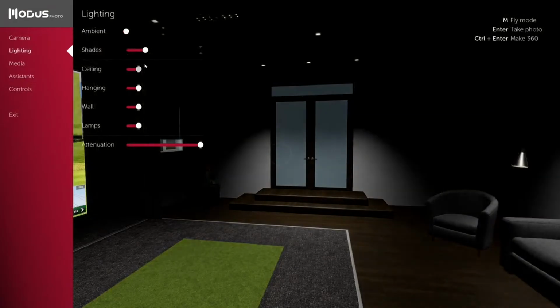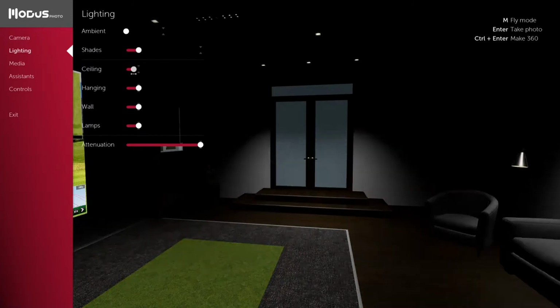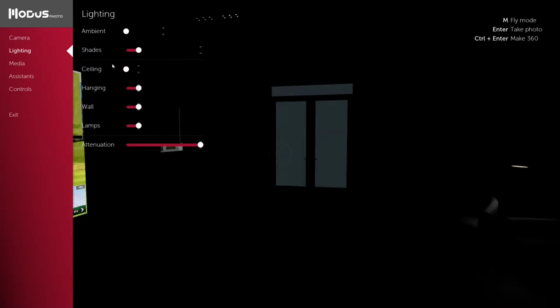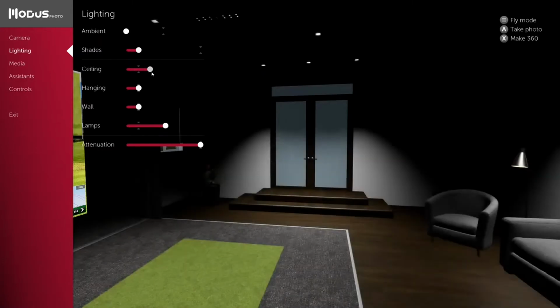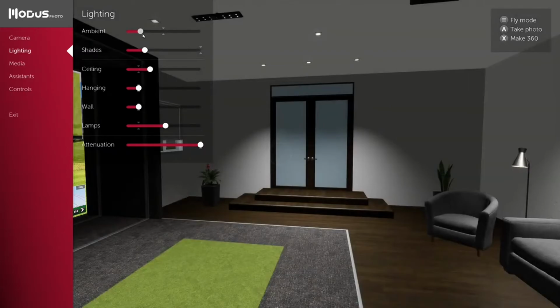So I've got some settings here, so I can move the shades up and down, but you'll see that the lighting is actually tunable based on the type of light that it is. So I'll darken the room, and you'll see I have the lamp over there to the right. I can crank that lamp up, bring it down, so you can create some really nice final polished looking